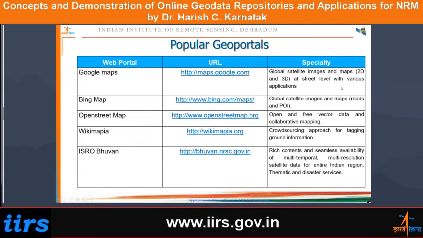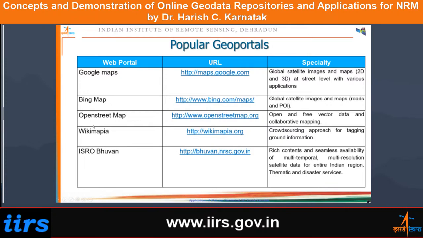And at a street level, this information is available to the users. So this is their strength. A similar geoportal is called Bing Maps from Microsoft. This is the URL, and they are providing global satellite images and maps, basically on the roads and point of